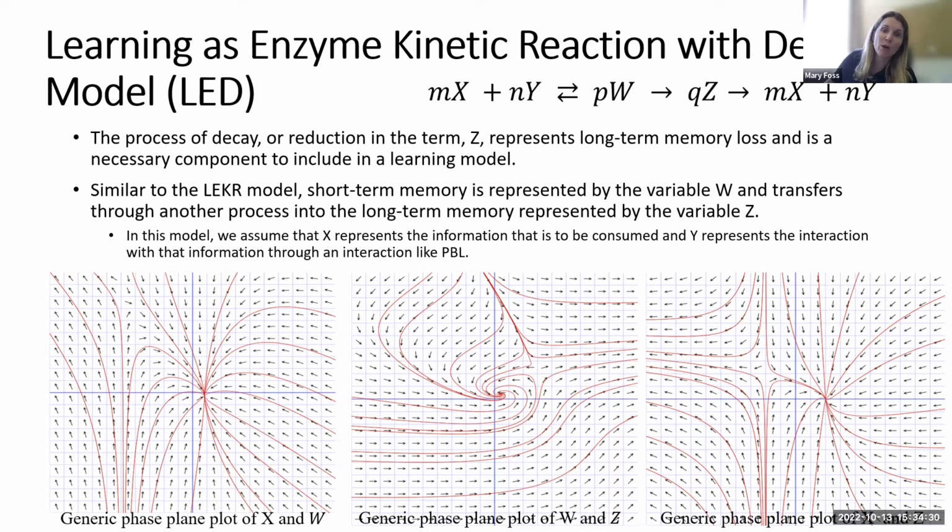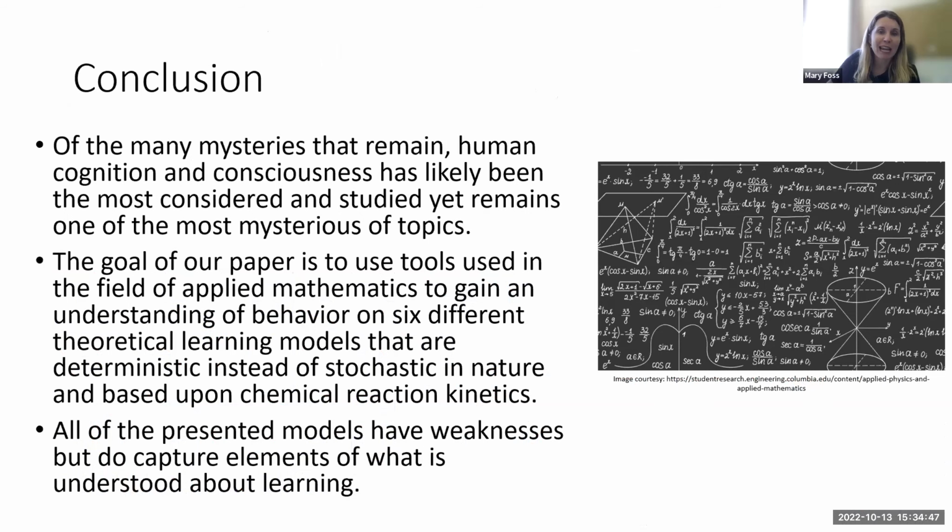This could be one possible explanation why we haven't come up with a learning model: we're researching in the Cartesian plane of analysis, and maybe the imaginary plane or the phase plane needs to be examined more carefully. So in conclusion, human cognition and consciousness